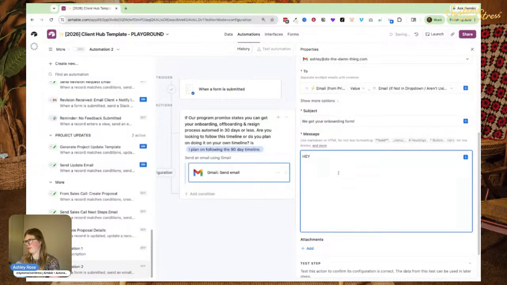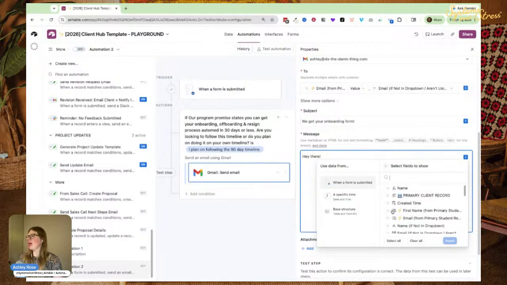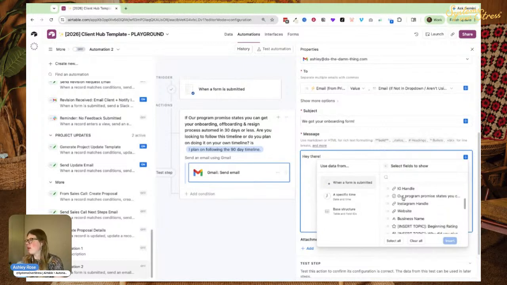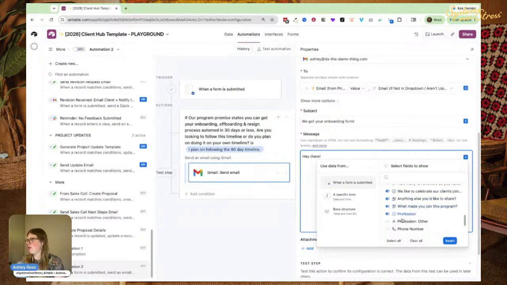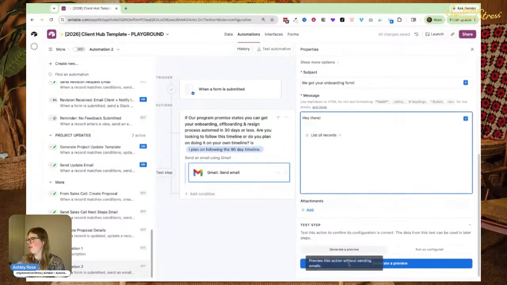Hey there. Put the email things that you want. What you can do here, I like this, if I scroll all the way down at the bottom, you can say insert the whole record as a list. You can say here's all of your answers. So you can put all of those there. Business name, topic, and so on. If you want to put all of that in there, you certainly can. So you can say insert list of records. If I preview that,